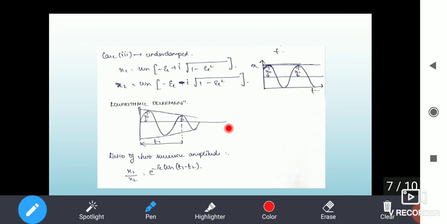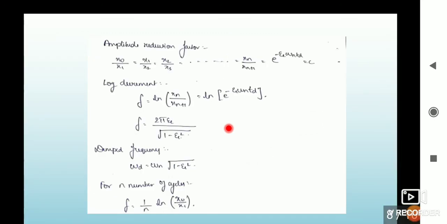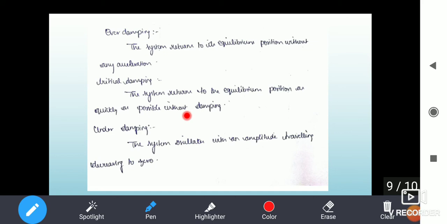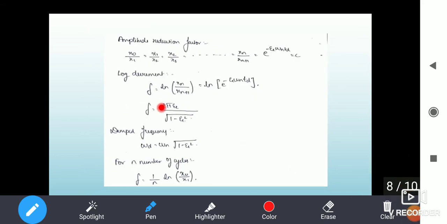Below there is a formula. This formula we will see in detail in the next video. So just understand the concept alone. There are a few formulas which we will be seeing in the upcoming videos. So here we'll be seeing a set of formulas which we will be using. Actually, the logarithmic decrement, the final formula will be delta is equal to 2 pi zeta divided by root of 1 minus zeta square. So zeta is the damping factor. Once we know that, we can easily calculate the logarithmic decrement.